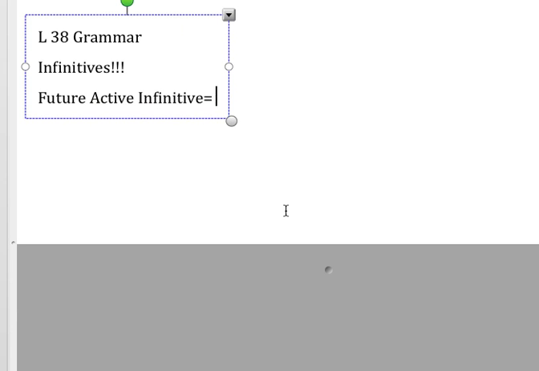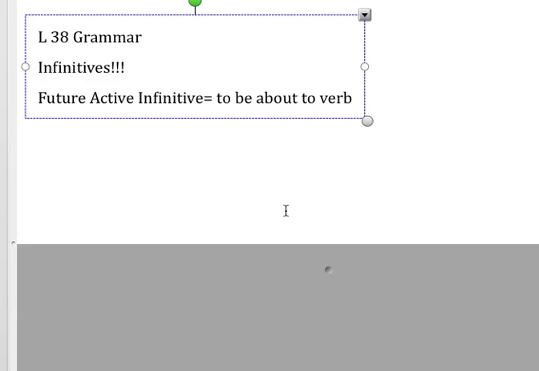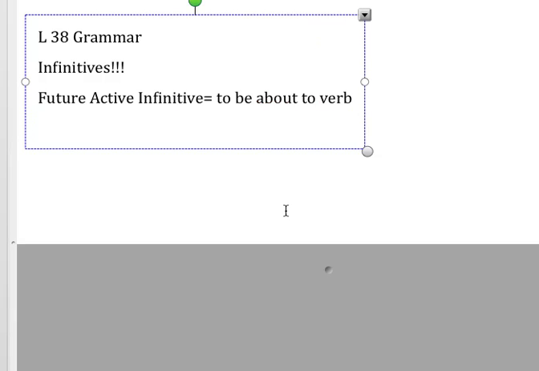Let's do this in reverse order. If it's a future active infinitive, when we translate it, the first word will be "to." Then we have to get the idea of a future action: to be about to verb. To be about to verb. It's pretty rare that we say that in English, but that would be a good literal translation of a future